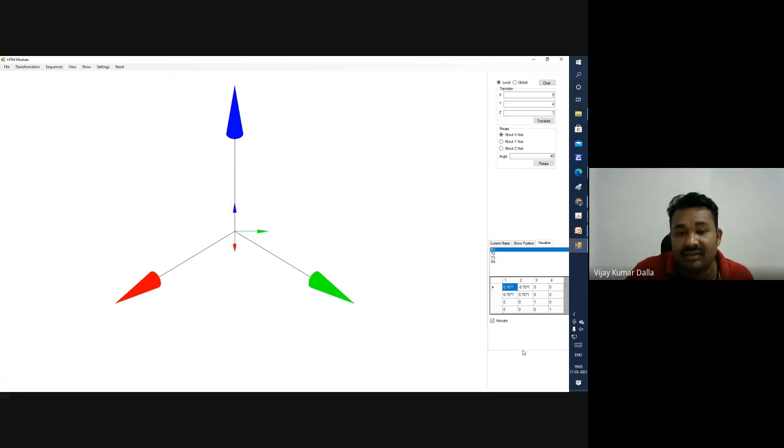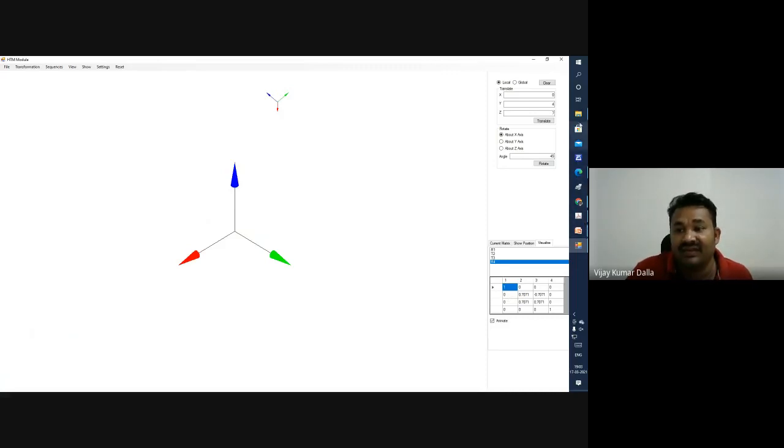Yes, by clicking the sequence, we can see the sequence we have followed, and R4, the sequence it is taking. Okay, coming back to the main software,